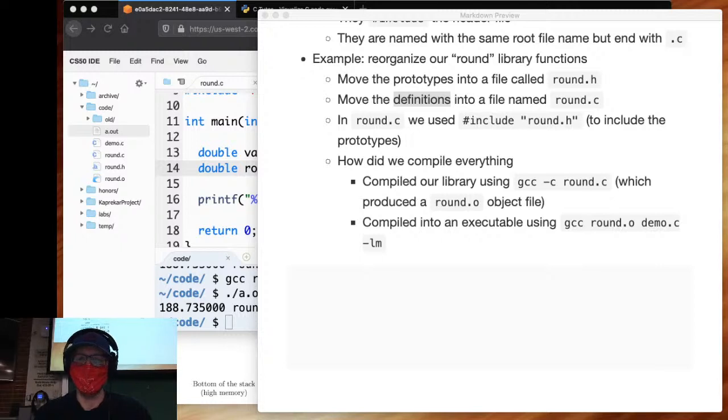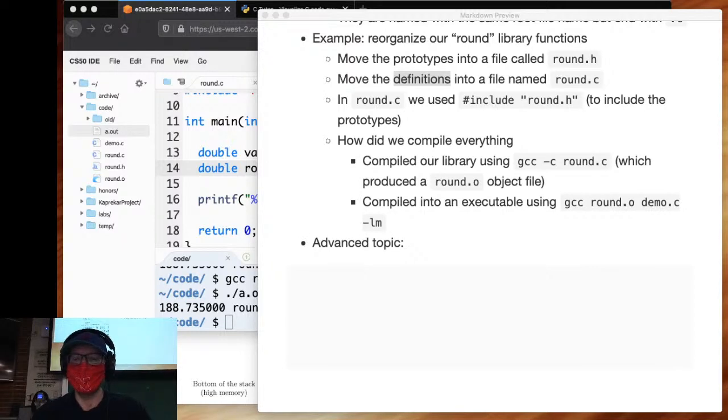An advanced topic would be make files. So this can get very, very complicated very, very quickly. Even if you only have say 2 or 3 library files that you've separated out, compiling everything together and defining dependencies, that this file uses this library, therefore this library has to be compiled before this one can be compiled, right? Defining all those dependencies, you can use another programming language called make, and you'll see that